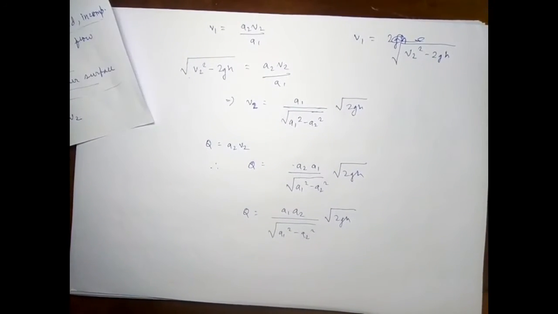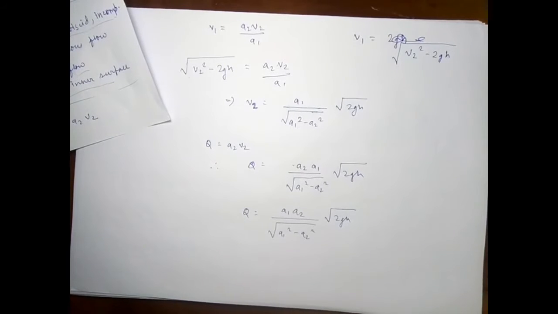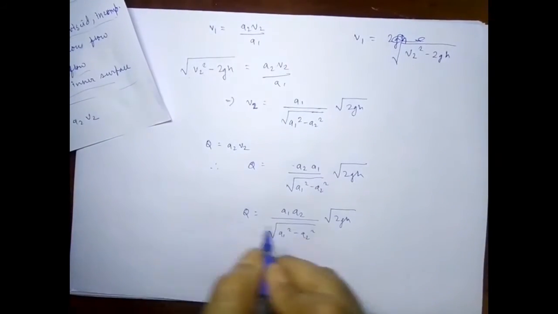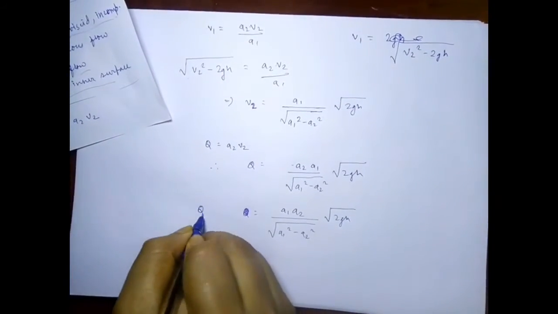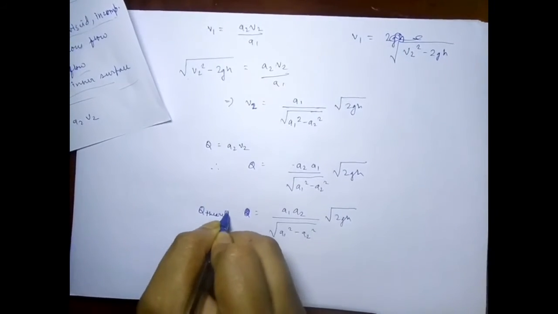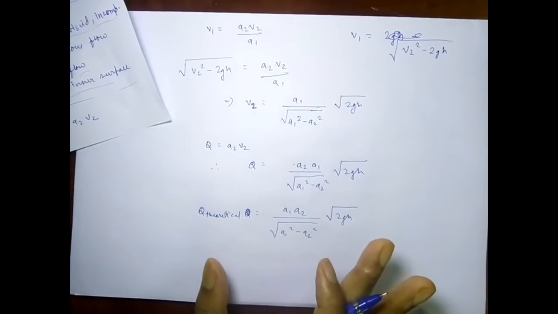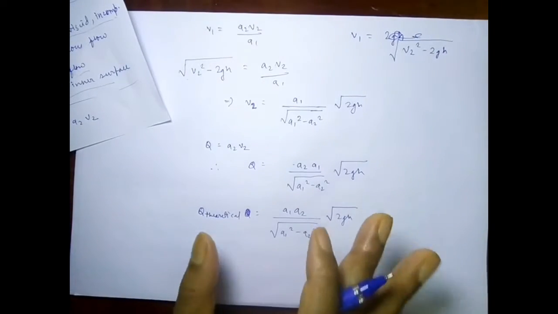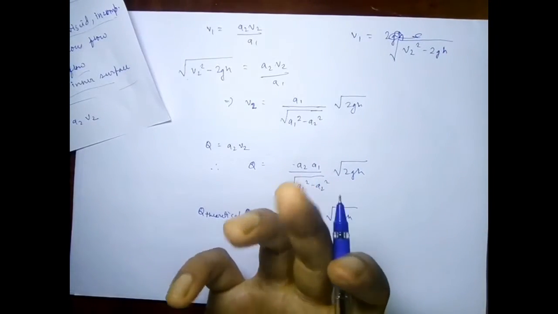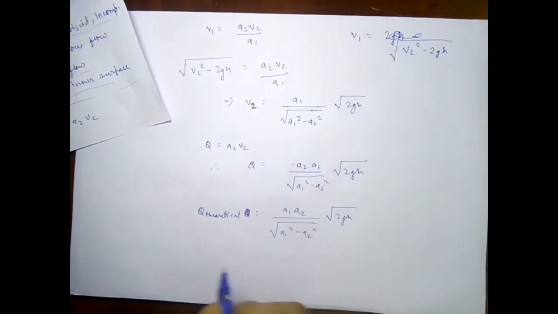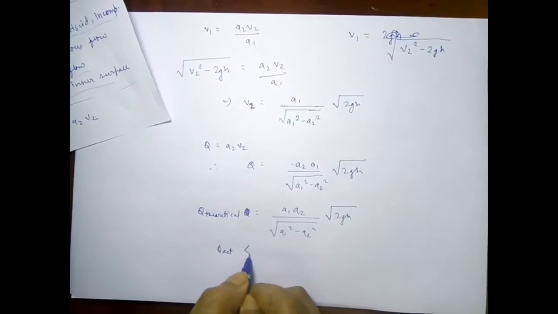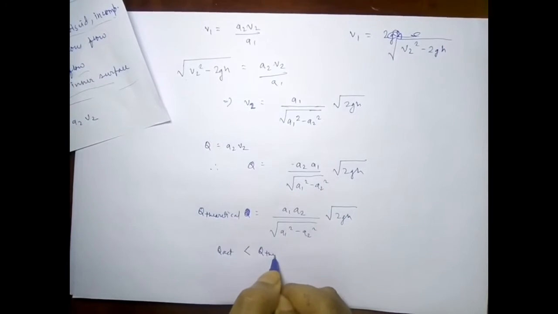This is the value of the discharge. Now this one is not the actual discharge, so I can write it as Q theoretical, because this is just by a mathematical derivation, but in actual the discharge is somewhat lesser than the theoretical discharge. So Q actual is less than Q theoretical